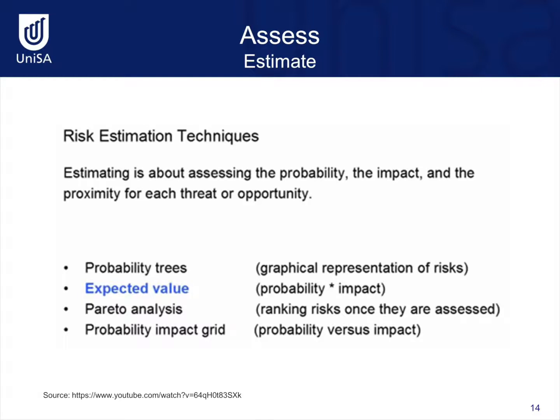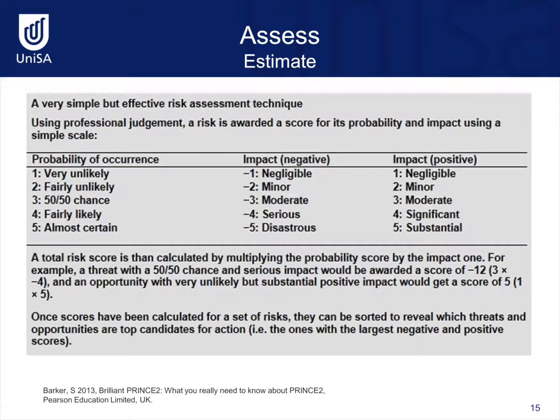There are various techniques for estimating risks, and several of those techniques are listed here. Examples include probability trees, expected value, Pareto analysis, and a probability impact grid. Estimating provides a mechanism to assess the probability, impact, and proximity for each threat or opportunity. Here is a very simple but effective risk assessment technique where a risk is awarded a score for its probability